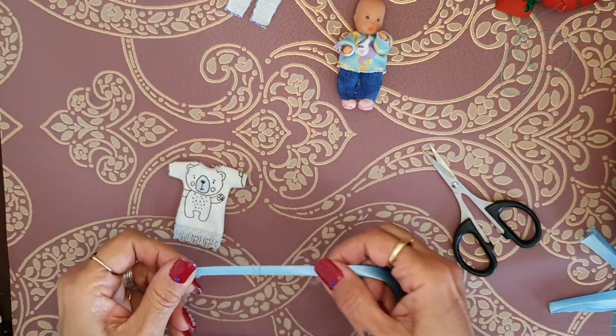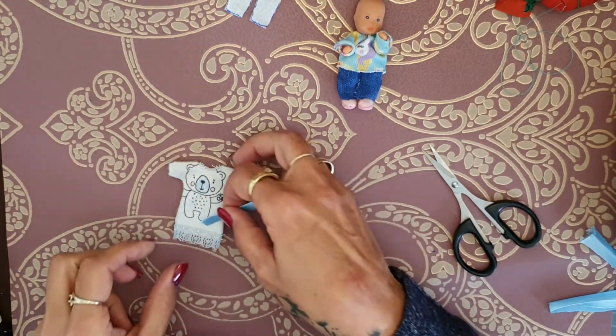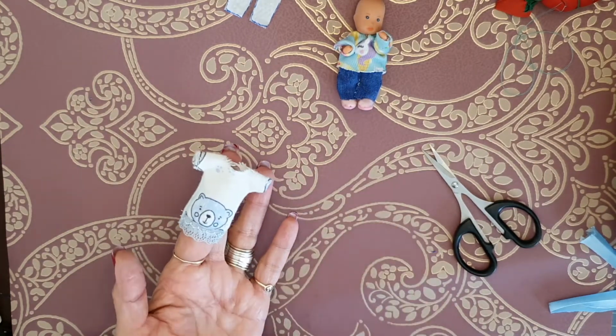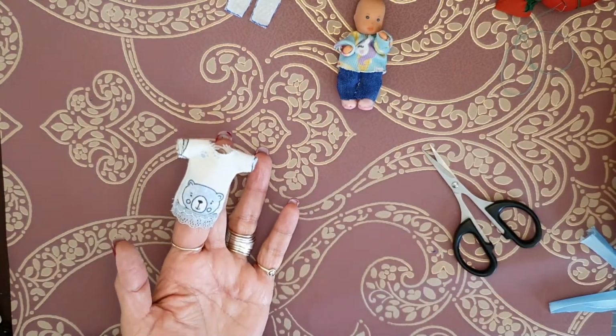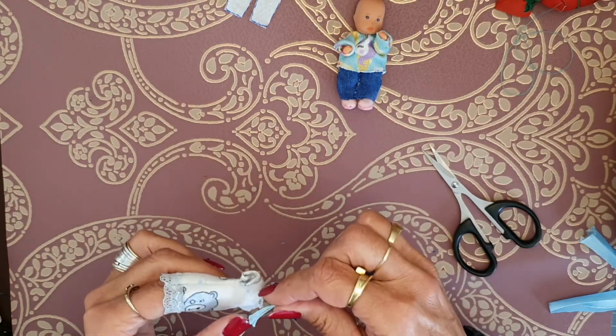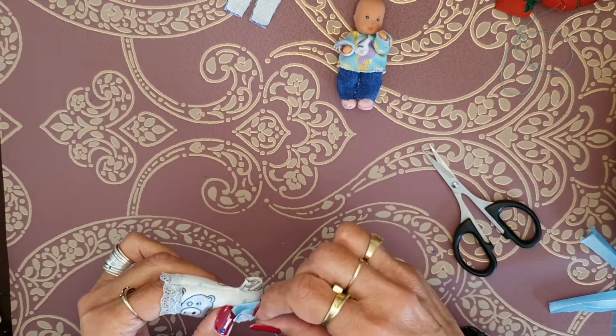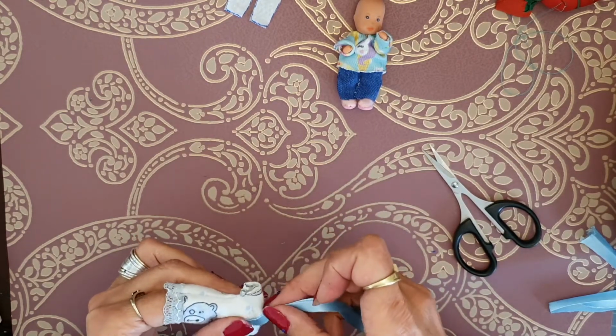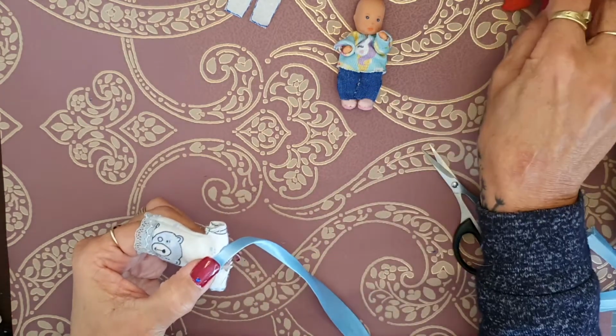Okay, so I iron this down a bit, and I'm going to do it on the back side. Oh, look, there's a little teddy bear on the bum side, cute. So I'm going to put this over, and then just draw off my